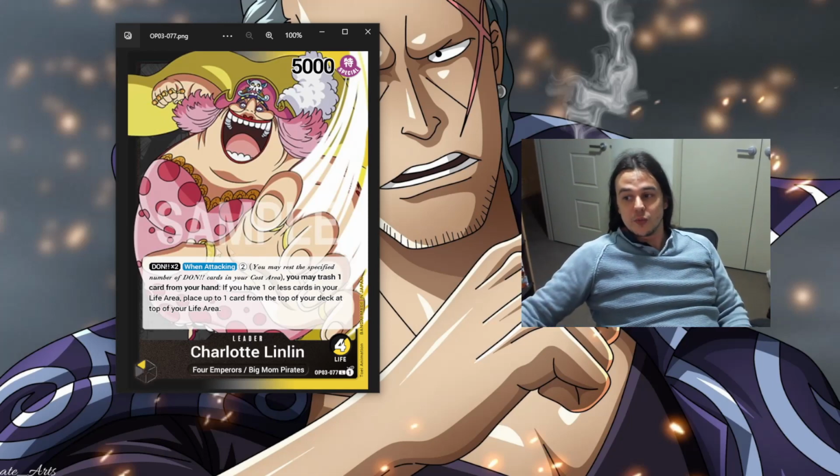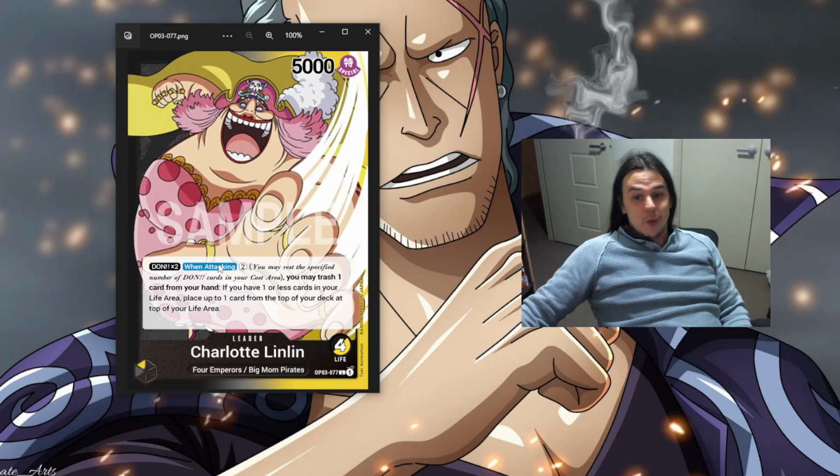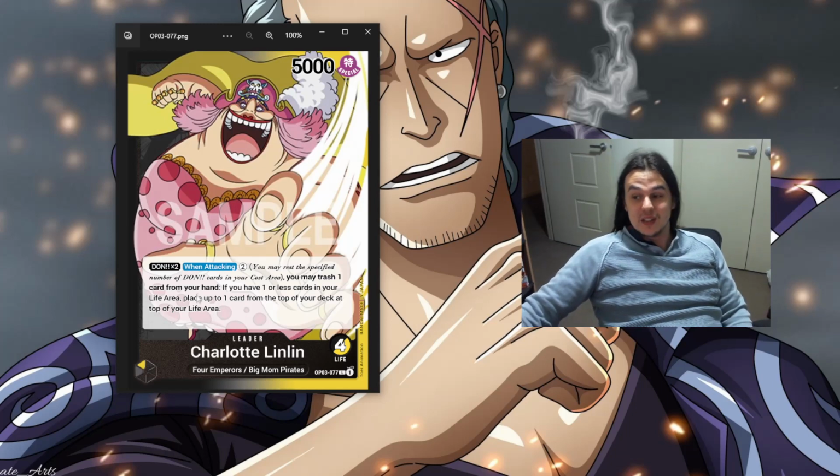So for one thing, it's a really expensive effect. Now, getting down to 1 life, you are a 4 life leader. So getting down to 1 life is not an issue, right? But you don't want to sit at 1 life, 2 life even. Like you take a hit from 2, then you swing this thing for 7 Don 2, right? You go to 6. Like if you have to do this every turn just to stay at 2 life,